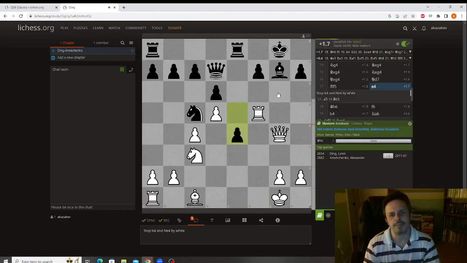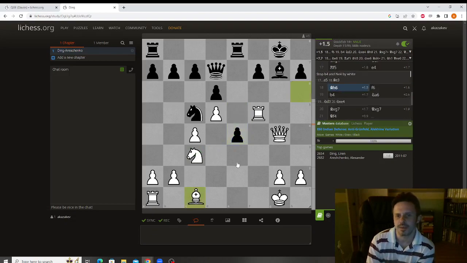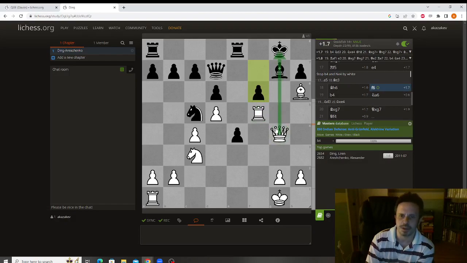In the game, Black came up with a very creative way to defend. He puts his own pawn here, so now we cannot put a knight here. Okay, Ding plays bishop h6, threatening this. Black simply defends. Notice we cannot take this pawn. It looks like we can because of the pin, but notice we are also pinned. So if we take...